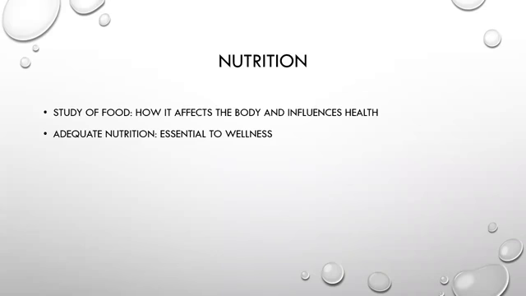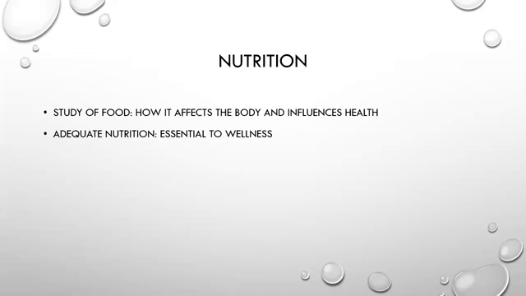Another word that you may find sprinkled throughout this chapter is metabolism. Metabolism is different than nutrition. Metabolism is the process of the body converting food into energy. Nutrition is what we eat and how it affects our body and our health. Metabolism is what our body does with that food once we eat it. It takes that food, it sucks the nutrients out of it, and it delivers it to other parts of the body that need it for energy. So that's metabolism.